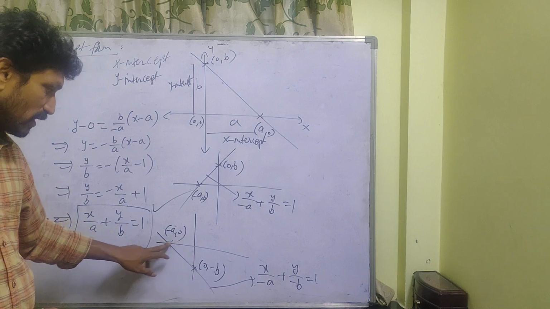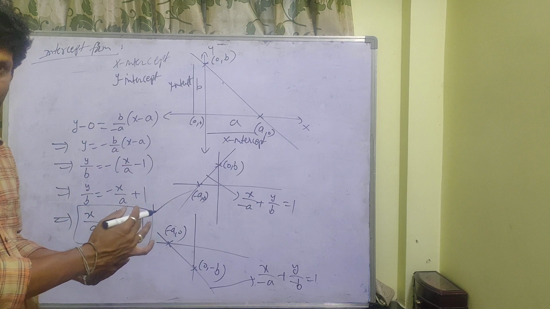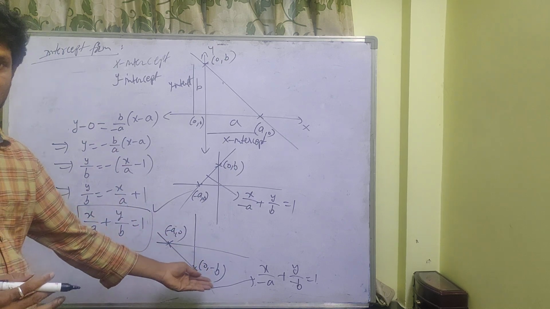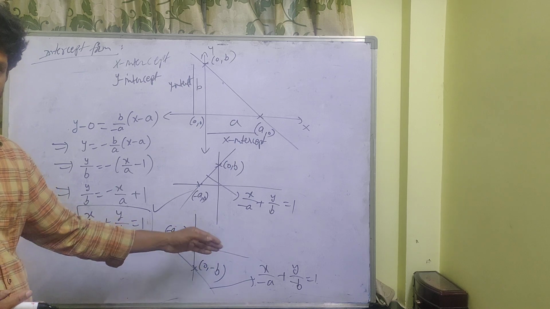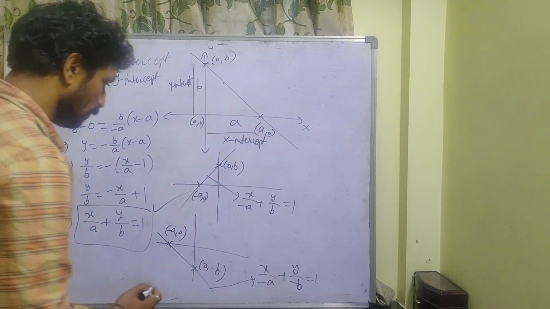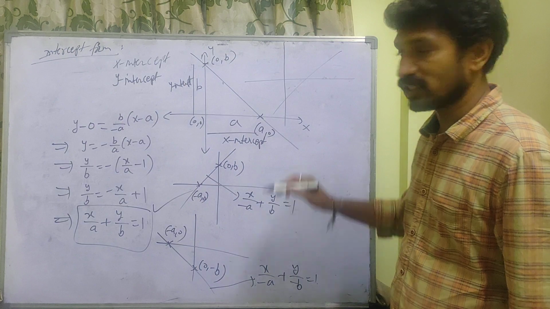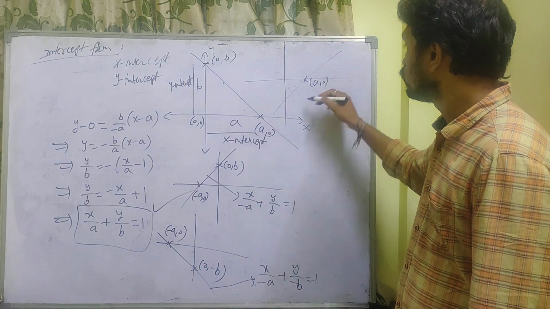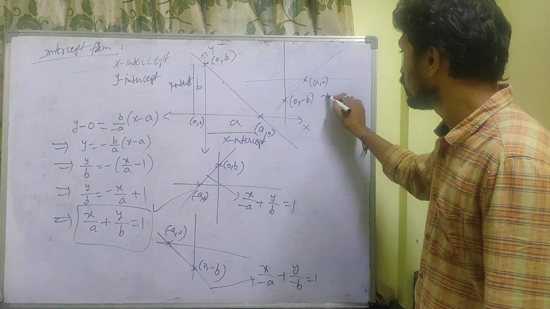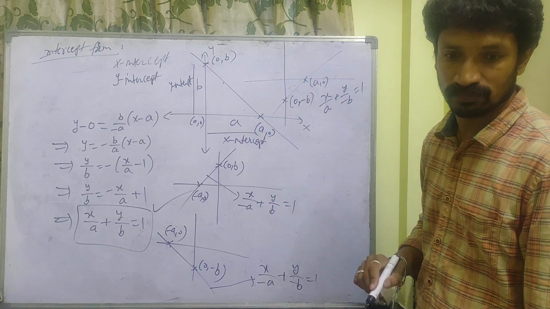Because it is the negative x-axis, the point will be (-2, 0), (-3, 0), (-1.5, 0), like that. And on the y-axis also it is (0, something), so (0, -2), (0, -3), (0, -4), minus root 2, minus root 3, whatever it may be. So then the equation will be like this. Suppose the line is going like this, then it will be (0, -b), and the equation will be in the form of x by a plus y by minus b is equal to 1.